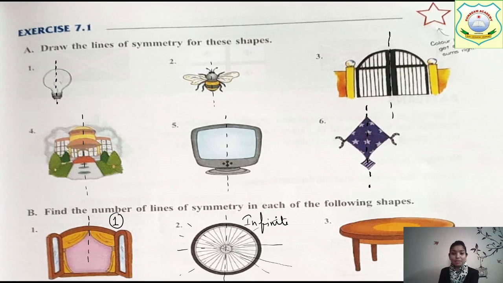Now in this table, how can we divide? We have to divide it in equal halves. Only one line of symmetry is possible, because if we divide like this, then there will be a problem because the legs are below the table. So only one line of symmetry is possible. Clear? Complete your question number A and B. Then we need to move to question number C also. Done this much?